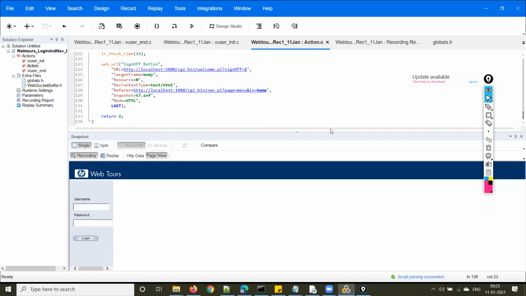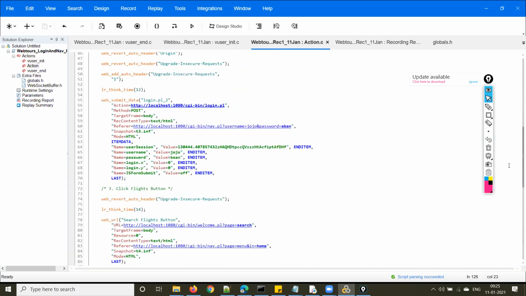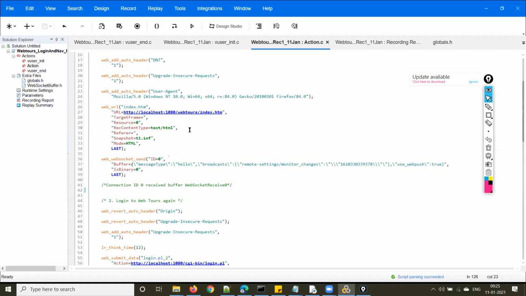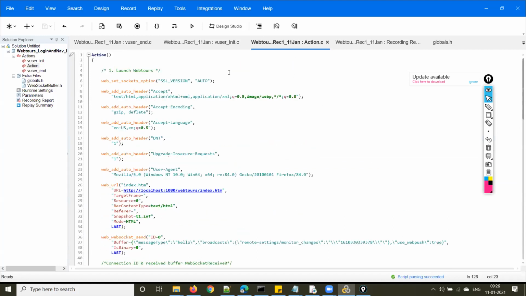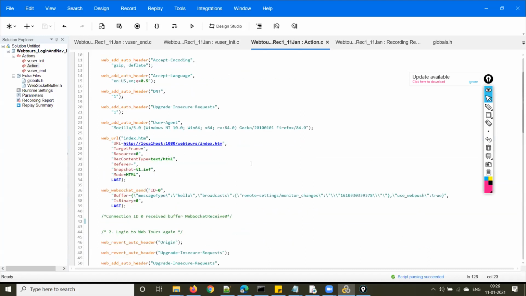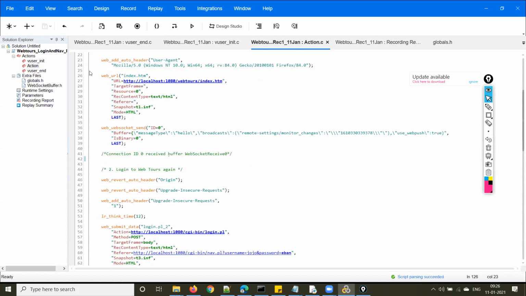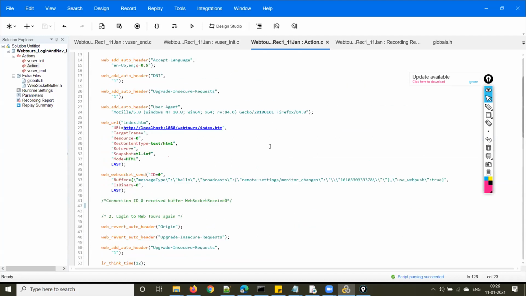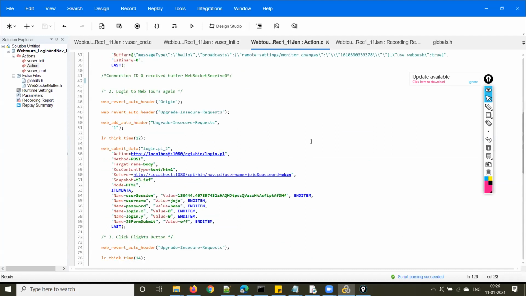So, what did you understand today? Once we start recording and record a script, the tool will capture all the requests and responses. It captures the requests going from the browser to the server and the responses coming from the server to the browser, and it will generate a script for us. I'll stop it here. To make the script work, I have to explain a concept called correlation. I'll do that tomorrow.